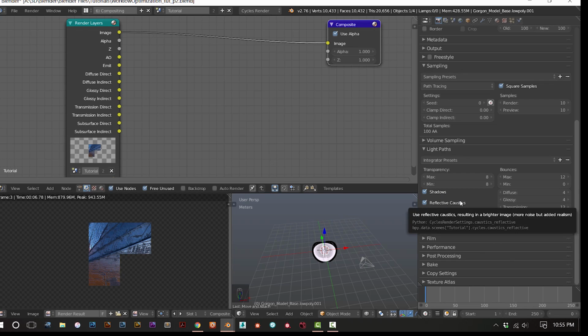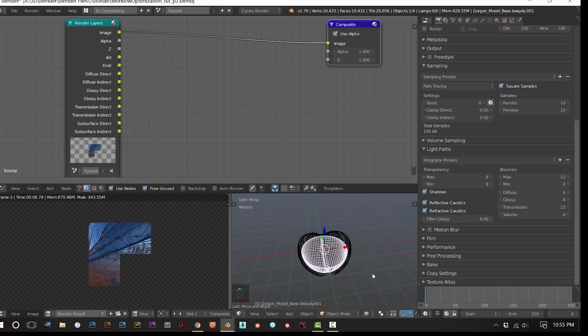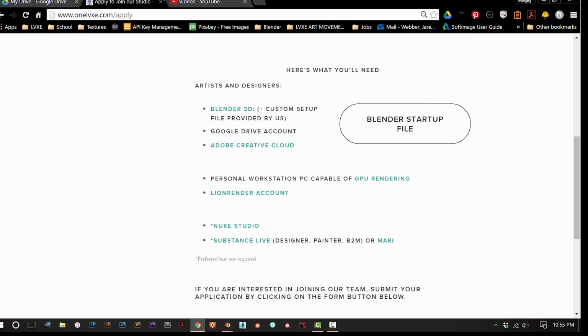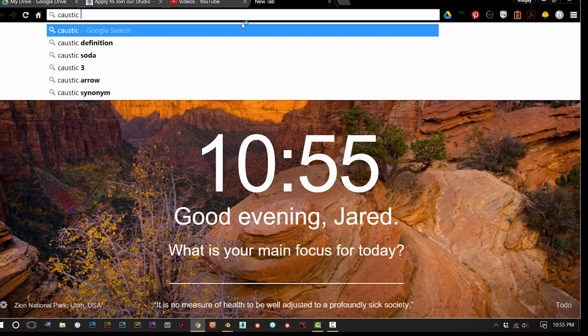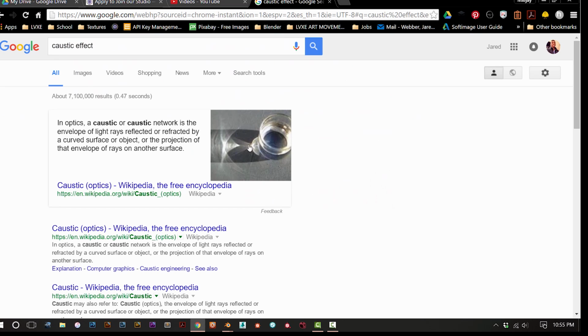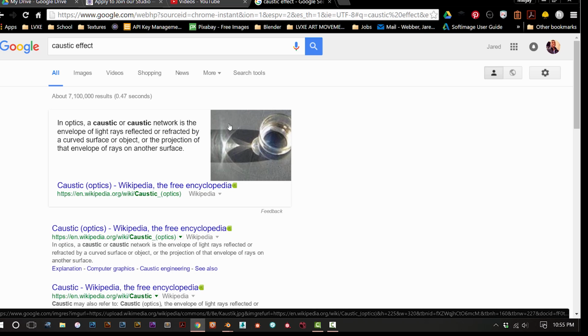And then here you get into Caustics. Caustics is a cool, interesting light effect that happens when you have a reflective or a refractive material. Light bounces off of it and spills onto the ground around it or on the object itself. What results is a brighter image. I'll pull up the caustic effect so you can get a good idea of what I'm talking about. It's this. These super bright white shadowing effects here are caustics, and it happens when you have a curved,